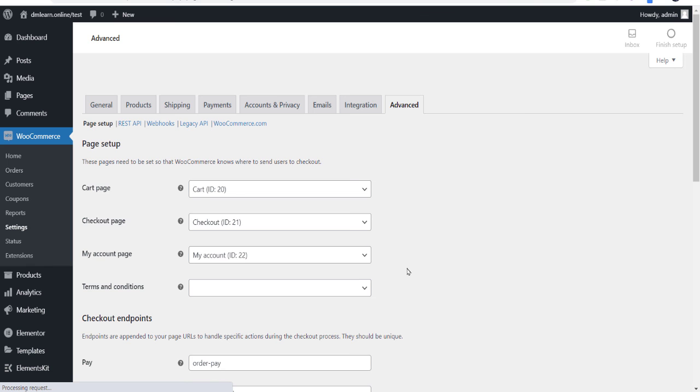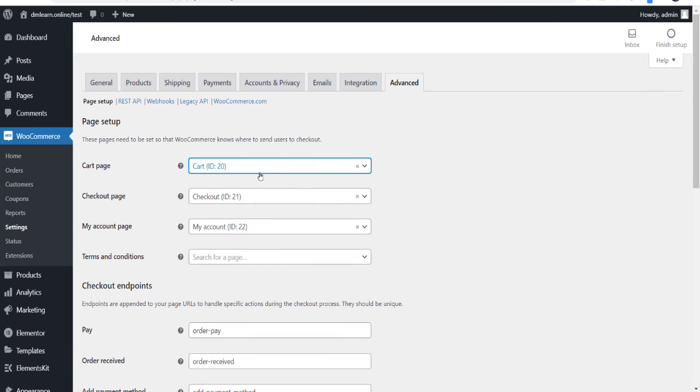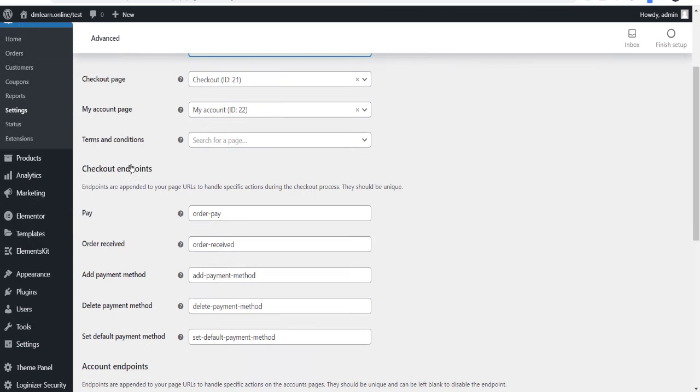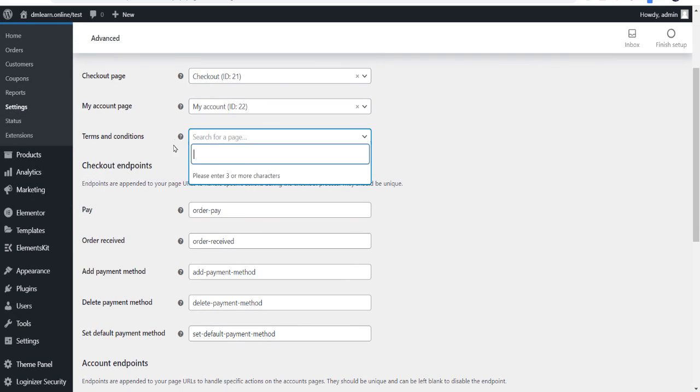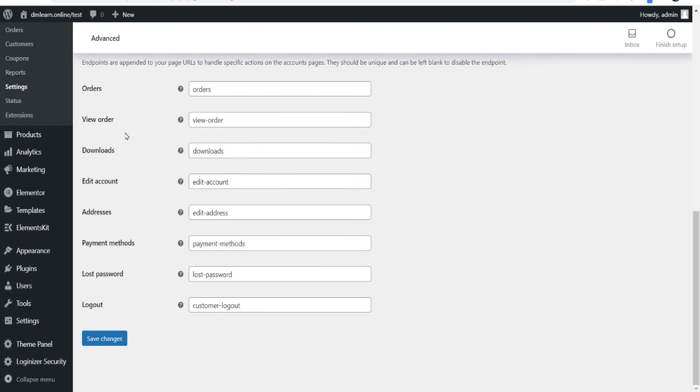And last but not the least, this is the cart page. What you would like as cart ID, what you want to show, it's totally up to you. You have to type terms and conditions. So on every page, every checkout, they will see the terms and conditions. Order page: this is the slug used, you can change it also as per your requirement. These are all the pages. So this is used in your